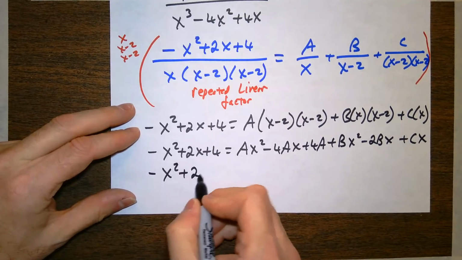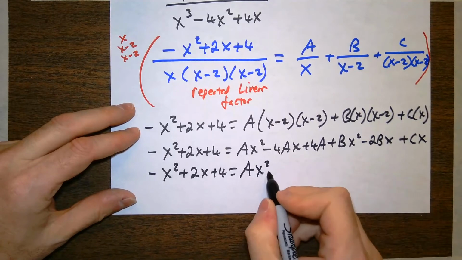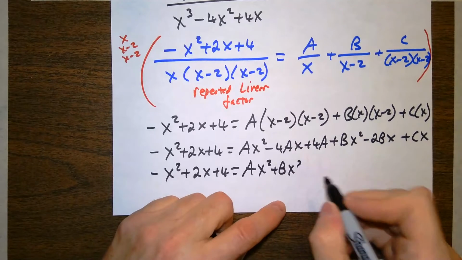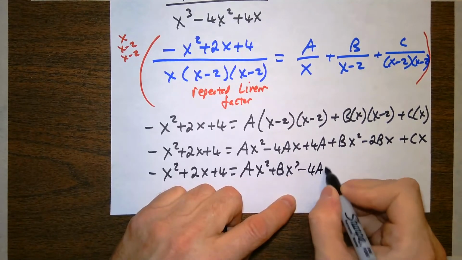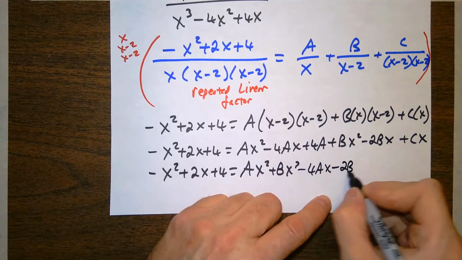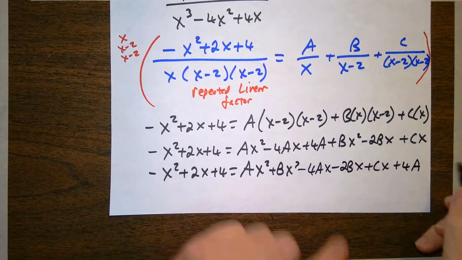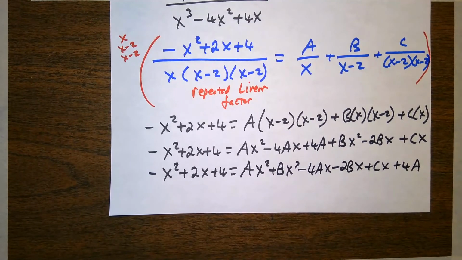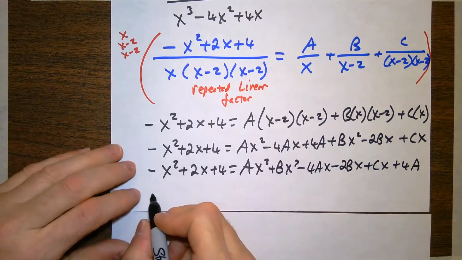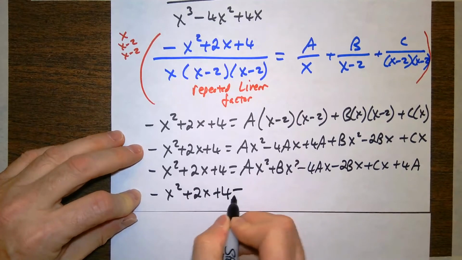Negative x squared plus 2x plus 4 equals ax squared plus bx squared. Get my x squareds together, plus my x's together. I've got a negative 4ax. The 4a is going to be a part of the constant. Minus 2bx plus cx, plus 4a. Factoring here so I can match up the coefficients. I'm going to have negative x squared plus 2x plus 4 equals